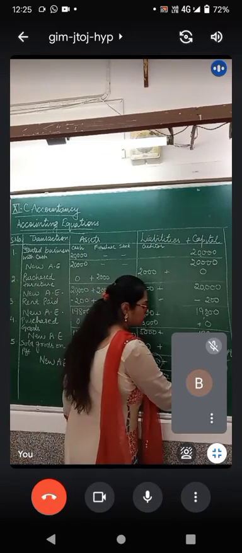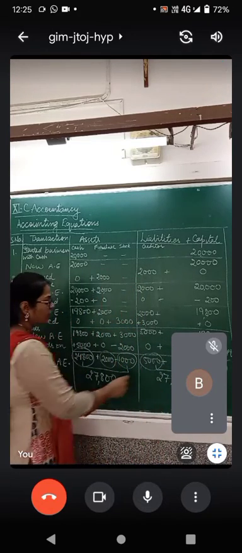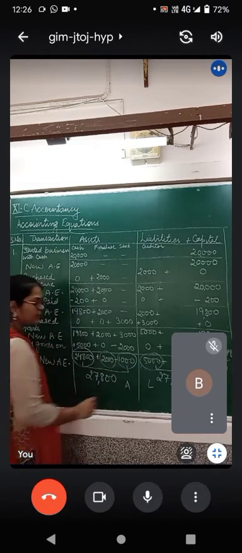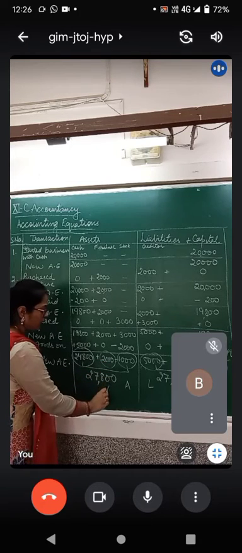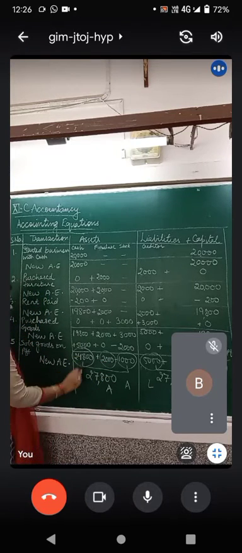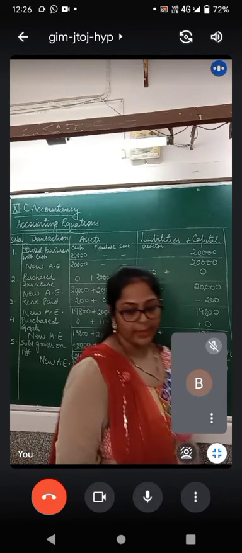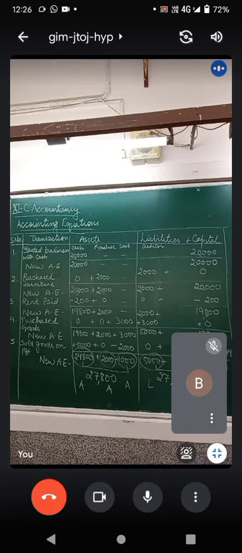What is this? This will come to liability side of balance sheet. This will also come to liability side of balance sheet. This will come to asset side of balance sheet. This will also come to asset side of balance sheet. And this will also come to asset side of balance sheet. Quickly draw the column of balance sheet. Let us now make it. Now any more confusion with this accounting equation? Say yes, no. Anybody? Any confusion? No, ma'am. Okay. Fine. Let's make the columns for the balance sheet and then let us draw the balance sheet figure.